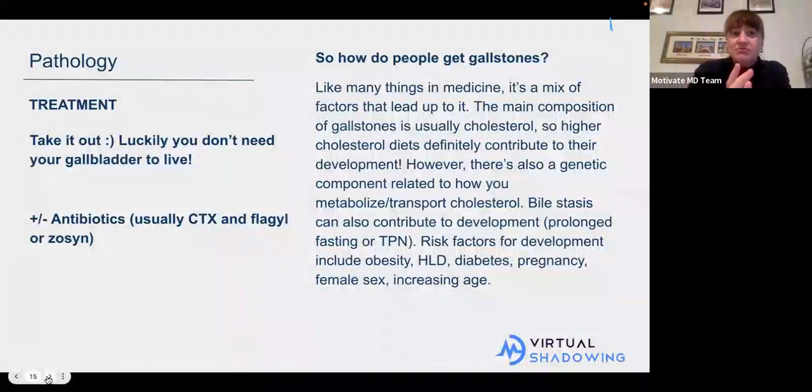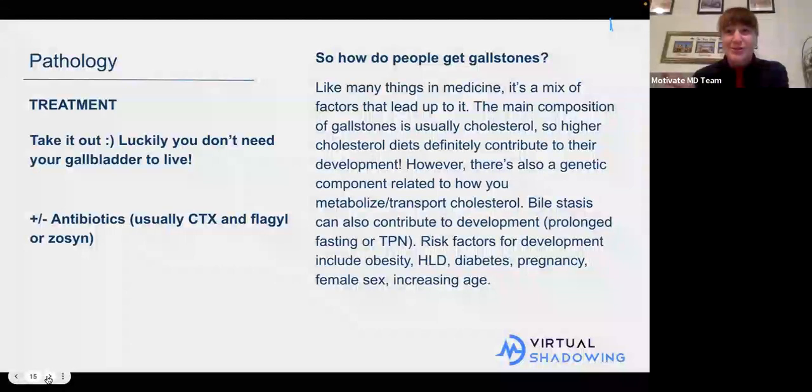Okay, so then what do we do? We take it out, essentially. Very luckily, you do not need your gallbladder to live. And it is one of the most commonly performed surgeries in the United States. I think, if not the most commonly performed surgery, it's done very, very regularly by almost all